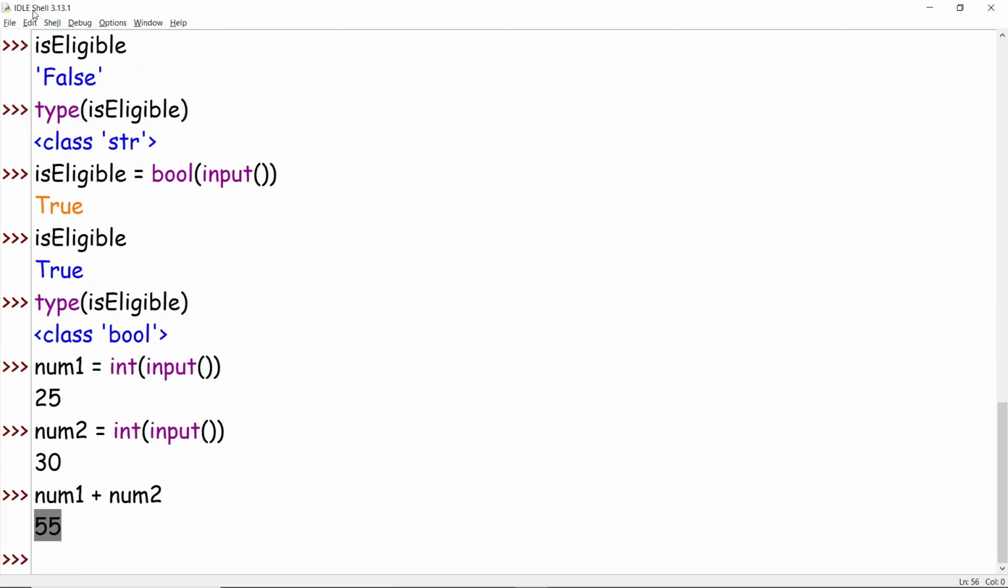As we are working in the IDLE shell, we are directly getting the output over here. But if you wonder how you are supposed to print,